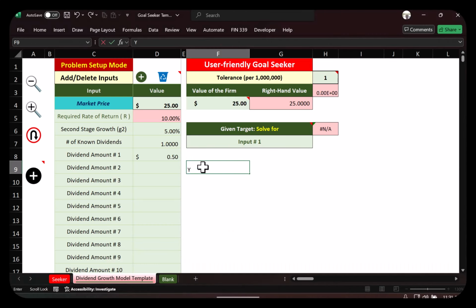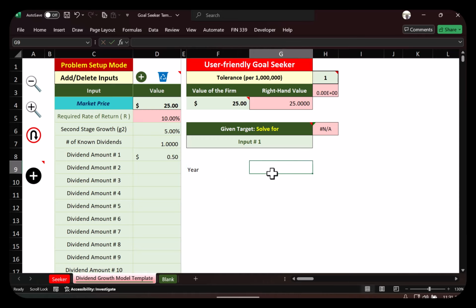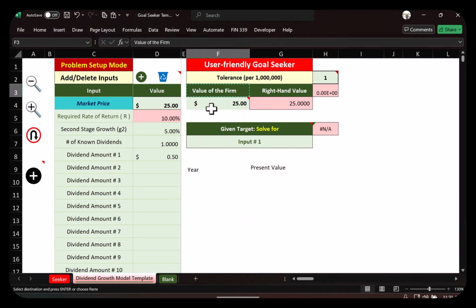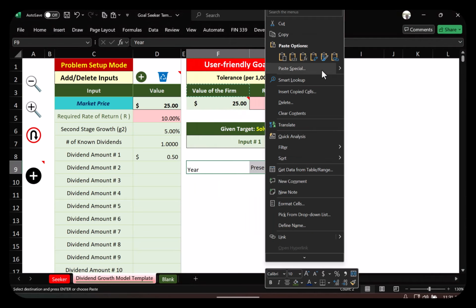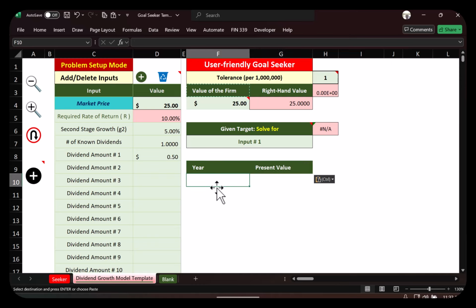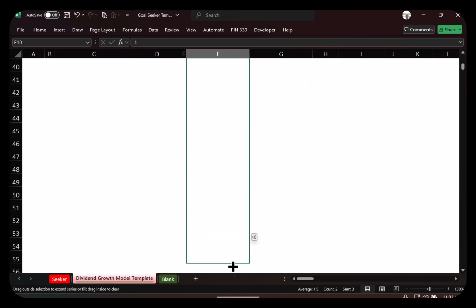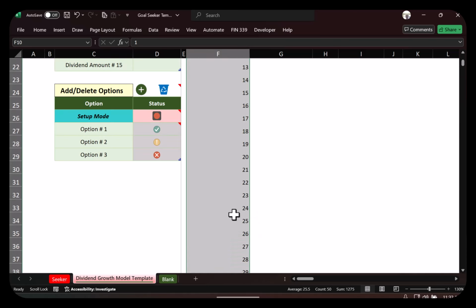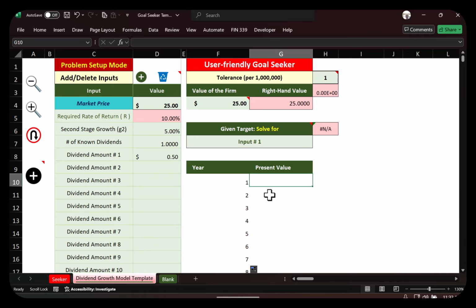Right here, I'm going to calculate two things: year, present value. Let me copy the format of these. Just to be safe, I'm going to allow up to 50, which you will never need, but just in case. Now I need to get the